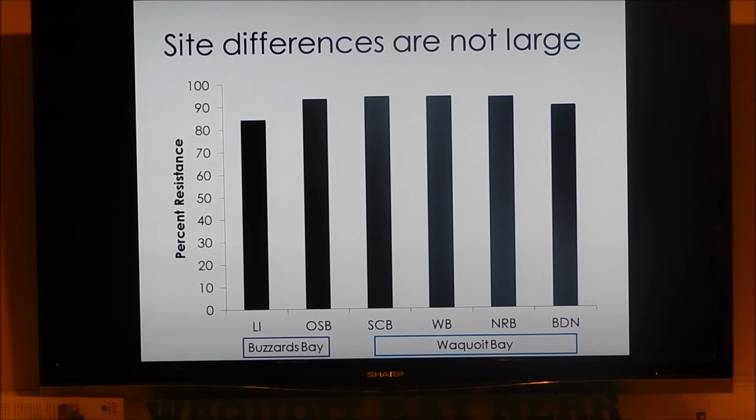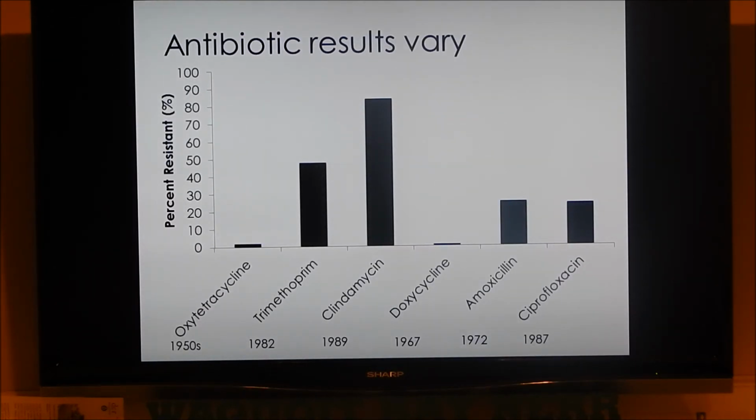So this, I think, is the most interesting graph. So we're seeing that the antibiotic results really vary substantially. So here's the antibiotics there, and again, the percent resistance. And I also added in the years that the antibiotics were introduced because I think this shows somewhat of an interesting trend. So it seems like antibiotics that were introduced earlier for human use actually have less resistance compared to the ones that were introduced later on. This is counterintuitive to at least what I would have thought. I would have thought there would be more resistance if we've been using it for longer.